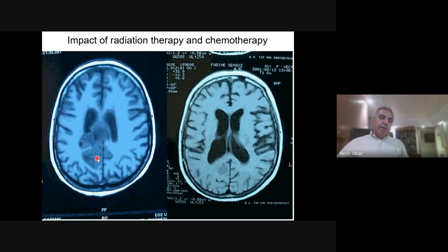because the blood-brain barrier is physiologically not present in some parts of the brain, like the pineal region. So chemotherapy can affect it very easily, and in this case we didn't use operation, only chemotherapy. The result is very good. The tumor is gone here. Only the chemotherapy. So the impact of radiation therapy and chemotherapy in some of these patients is good, but when the glioma is in the parenchyma,